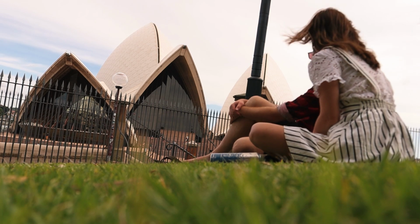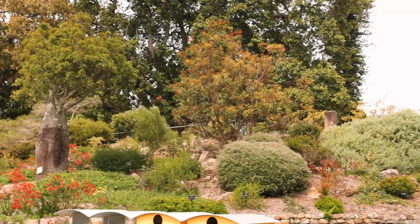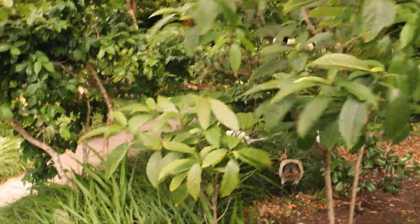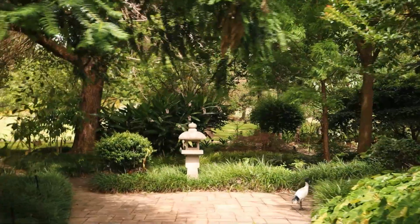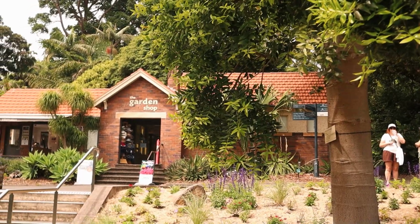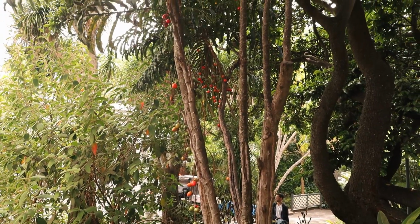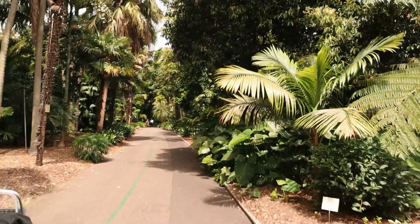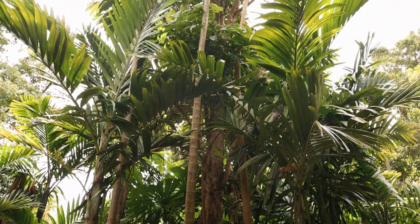Now, our main reason for coming to the Botanical Gardens is to be part of the bushfoods tour. I've learned a lot about bushfoods since going on my own little journey of starting our native Australian food forest in our backyard. I absolutely love this and everything that I've learned about the culture as well as the food and the plants themselves. But I wanted to do this tour, one, to support the initiative and also support the people of the country. But there's always little tidbits and little